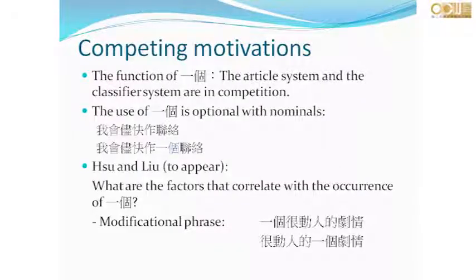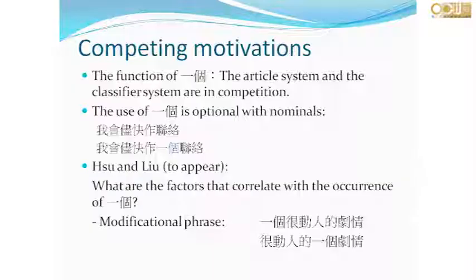I'm here to buy a book, or I'm here to buy the book. 每一次的单数名词出现的时候，你都一定要加，这样了解吗？可是中文呢？在中文里面没有 obligatory，它还是 optional。OK？所以 the function of 一个到底是 article 还是 classifier，你会发现它仍然在一个 competition 的阶段。这个我们在 discourse 的研究里面叫 competing motivations。那这个 competing motivations